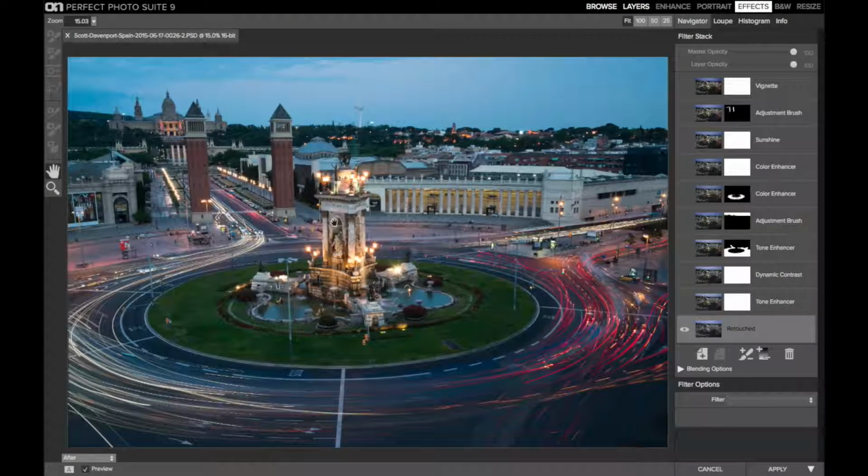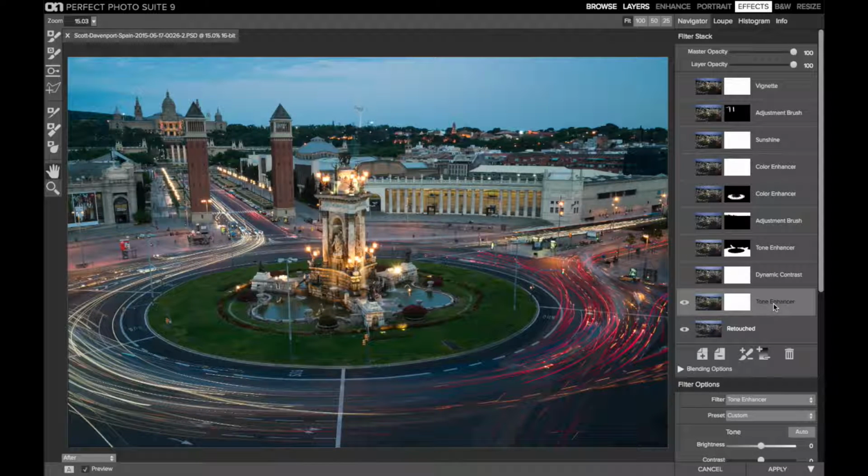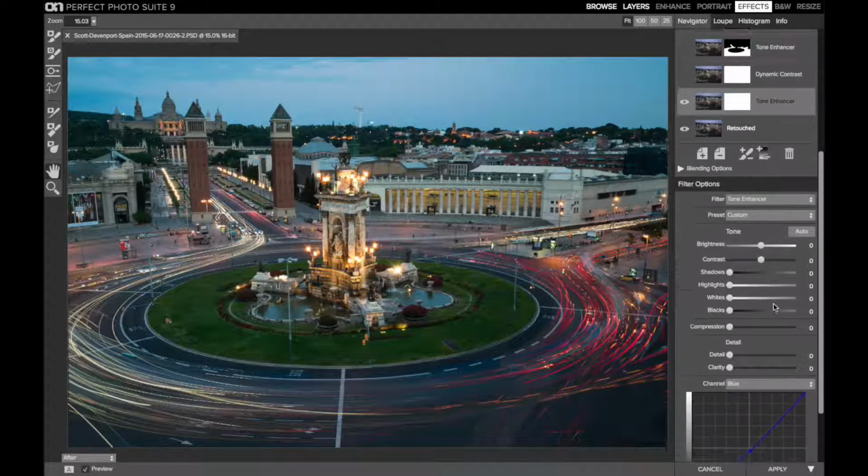In effects, all right, we've got a big old filter stack. So yeah, I did quite a number of things to this. I'll walk through it at a brisk pace, but you can play the video slower. You can see all of the settings and tunings and tweakings if you like. So here's the retouched image. I said we took out some of these distracting elements along the bottom, some of the more egregious chunks of car through here. First is the tone enhancer, and this was just an overall warm things up just a little